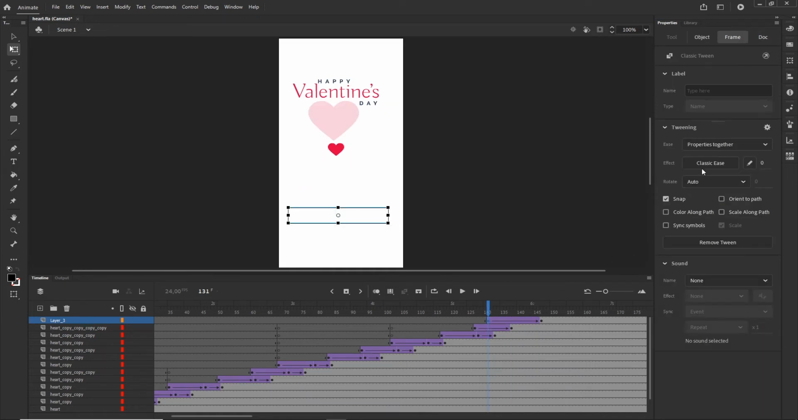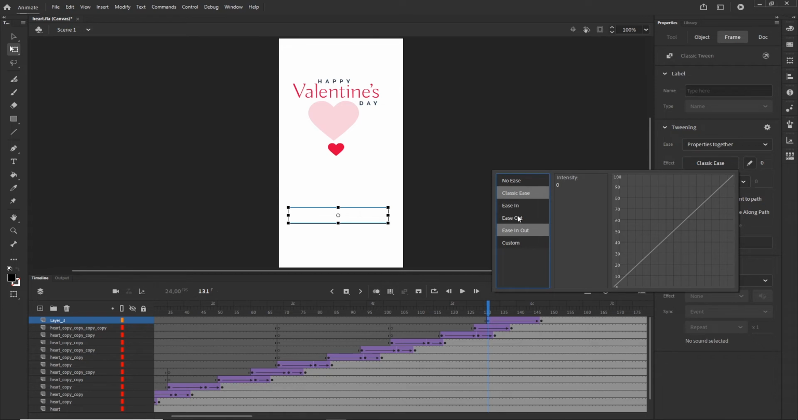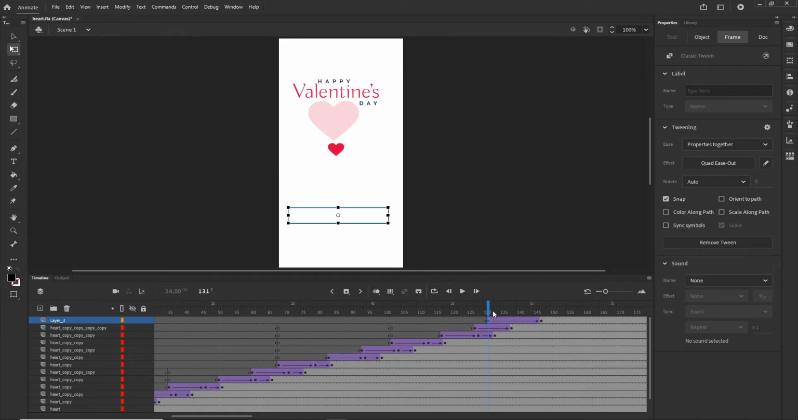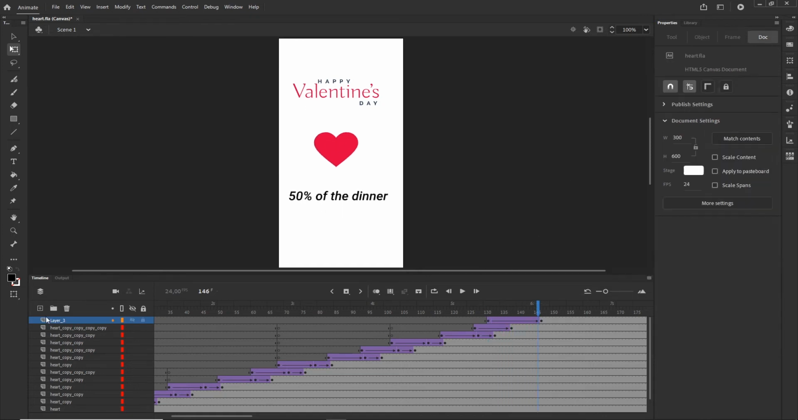And maybe what I can do is choose easing, but I'm going to choose ease out, so I want this to start quickly and end slowly, like so. So we are going to have it like this, and I'm going to create one more layer, and this layer is going to be